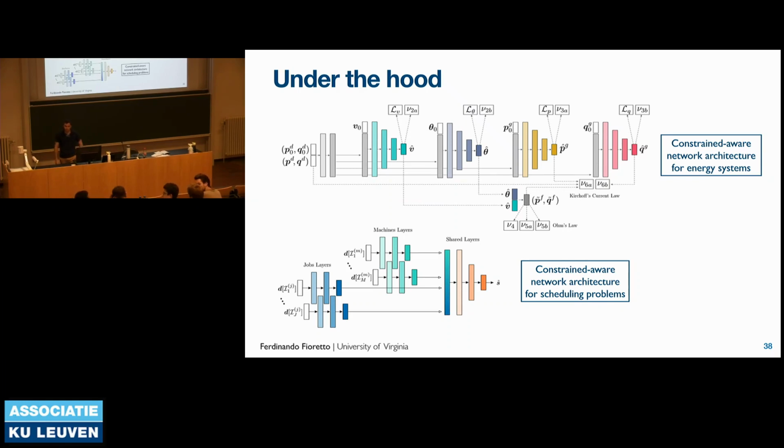Because if one machine is down. Oh, I see. Yes, this is invariant with respect to that setting. Any machine can be down, and it is invariant with respect to that setting. But the size of the inputs is fixed. For example, if you're training on an instance, LA39, and you want to test it on an LA14, that is no longer possible. The intuition is that you really care about one floor plan. You're managing that floor plan or that facility, and you typically don't add or remove machines that easily. If you do, you can retrain the network. Yes, the number of jobs. Exactly, yes.